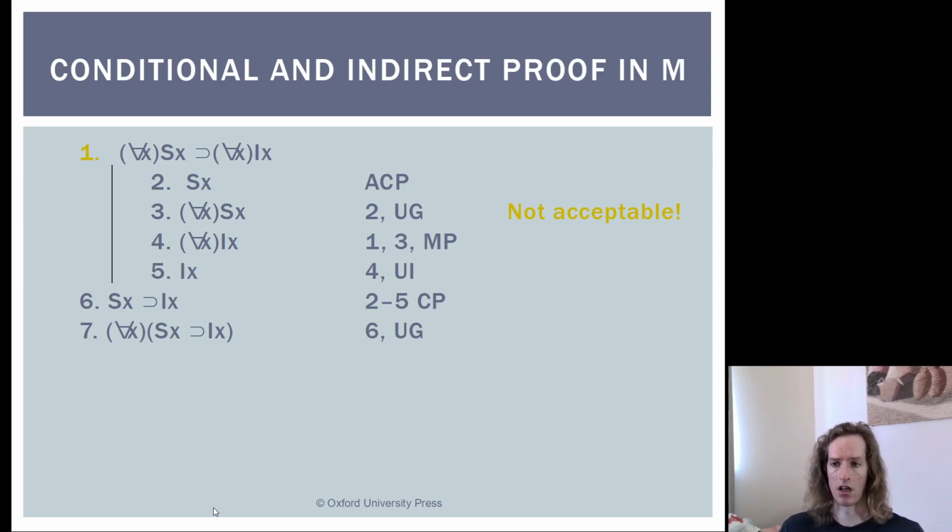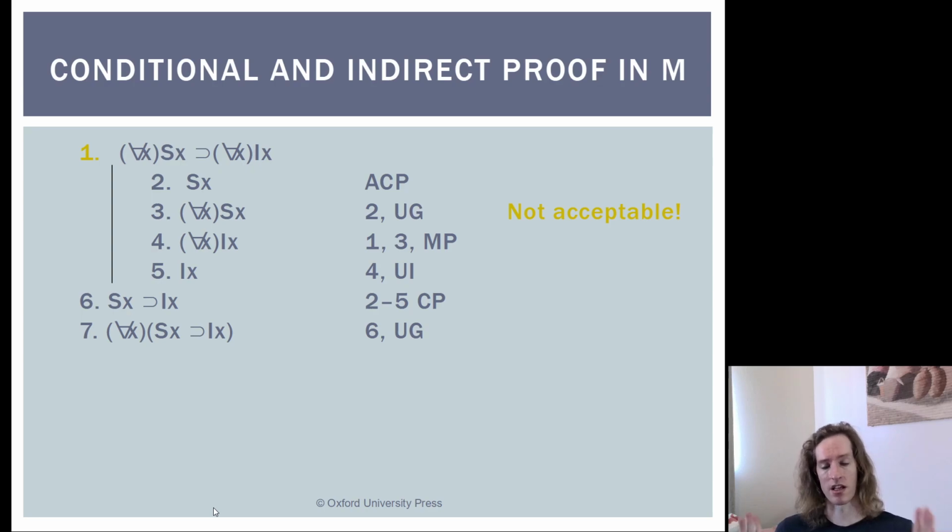Now, of course, we can assume for all x, Sx, and we can universally instantiate inside the scope of our conditional proof in this case and go from there. But that may or may not be helpful to us, and it's not going to accomplish the same thing that we see here with this example of doing it badly. Whether you understand exactly what's going on or not, and I'll try to explain it a little bit more because it is important that you understand.